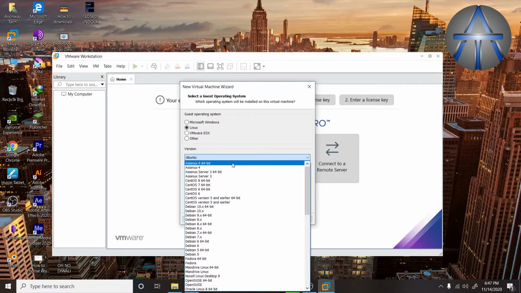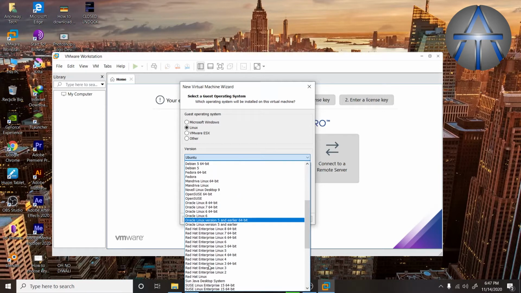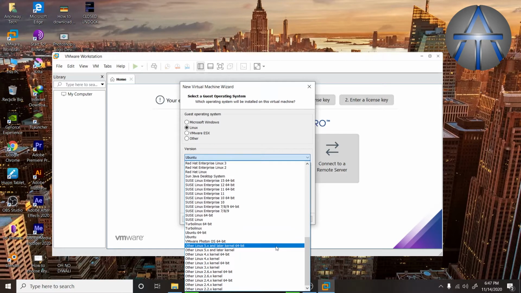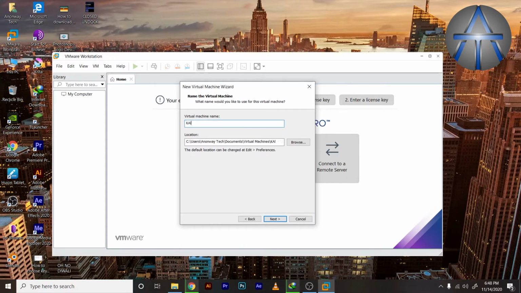You have to select the Linux version. I will go with this version, and after selecting it, move on to next. Here you can also rename it, and I will rename it Kali Linux.